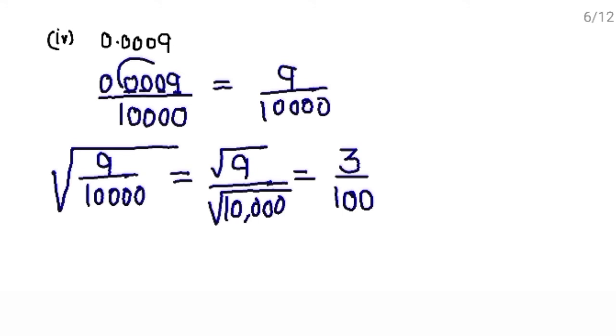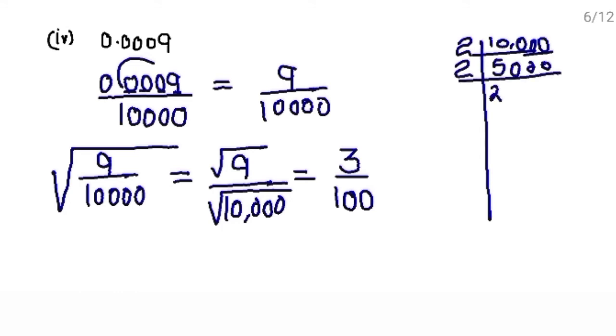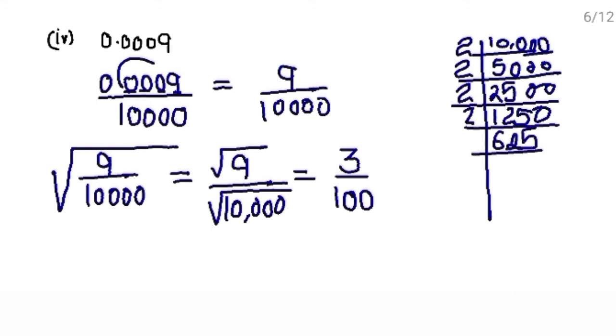And if you want to find it using the prime factorization of 10,000, you can easily find it, but that is very time consuming. If you can save time, why not? 2 5s are 10, 0 0 0. So 2 2s are 4, 2 5s are 10, 0 0. 2 1s are 2, 2 2s are 4, 2 5s are 10, 0. Again 2 6s are 12, 2 2s are 4, 2 5s are 10. Again this is divisible by 5. 5 1s are 5, 5 2s are 10, 5 5s are 25. 5 2s are 10, 5 5s are 25, 5 5s are 25, 5 1s are 5.